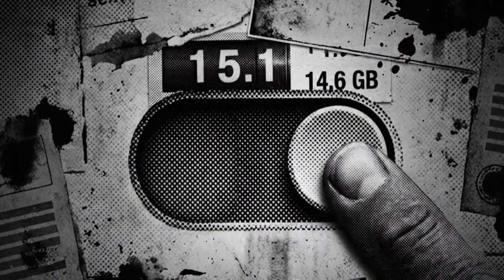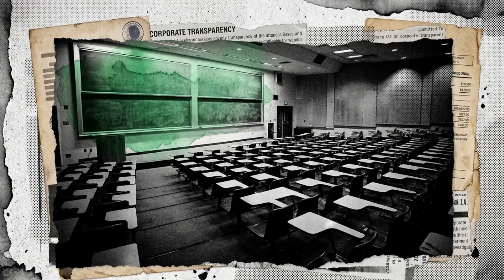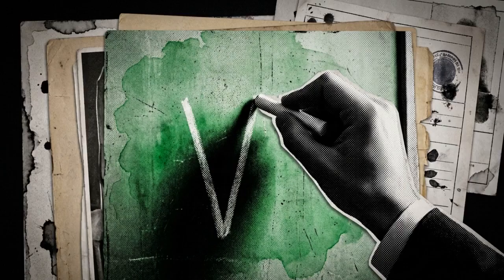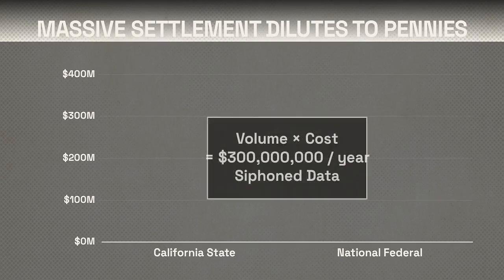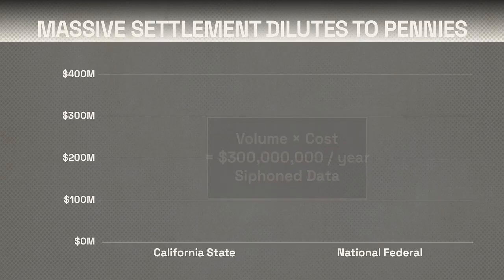Consumer privacy settings lose all their utility if the underlying operating system architecture is designed to ignore them. To quantify how much harm that architecture caused, we must look at a simple economic formula: the total volume of data transferred silently in the background, multiplied by the average cost mobile carriers charge per megabyte. Multiplying volume and cost equals $300 million of data siphoned yearly.